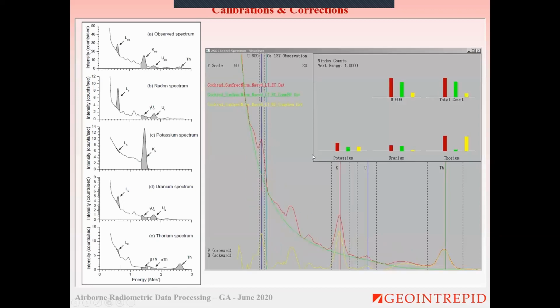This is an attempt by myself to actually calculate the Compton background and remove it. You have in red the original spectrum. Then in green is the calculated Compton background, and in yellow is the difference. So specifically the Compton background removal clears up the low uranium window a bit. The question is whether my Compton background removal is correct or not, but that is something one has to discuss. So